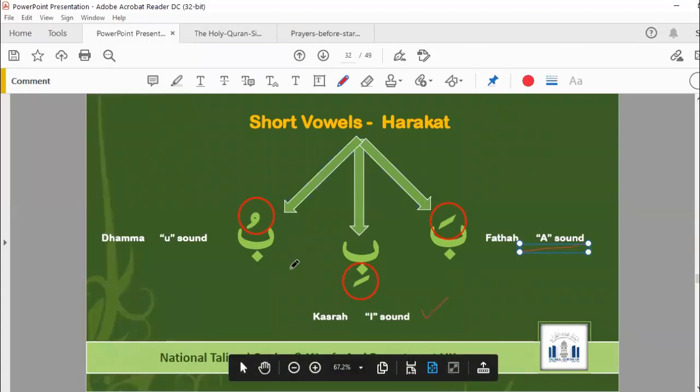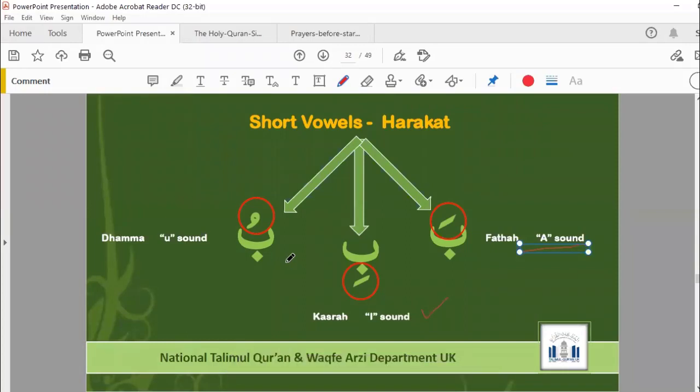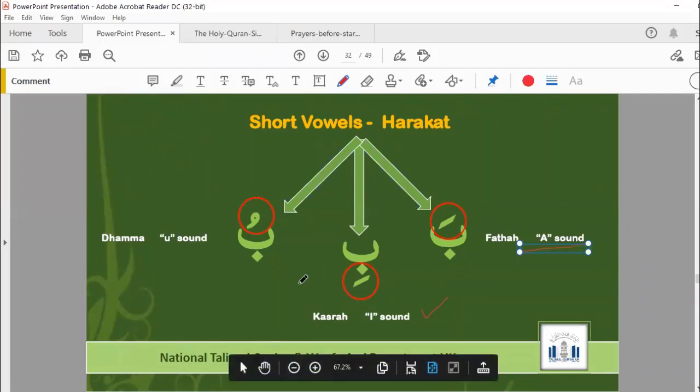Sorry to interrupt, my student. Like myself, I always find it difficult to explain the E sound, E as in echo. What would be the easiest way? Because explaining to a child, just like you said, B, T, C, it gives an E sound at the end. E. Okay, Azan, you can go ahead.